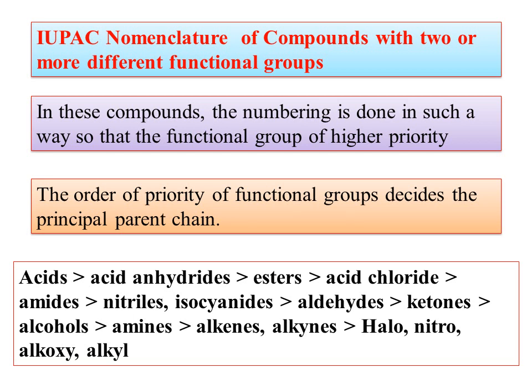Like that, here the order of priority will be acid, acid anhydrides, esters, acid chloride, amides, nitriles, isocyanides, aldehydes, ketones, alcohols, amines, alkenes, alkynes, halo, nitro, alkoxy, alkyl. This is the order of priority. So if you have a compound having 2 functional groups, one is an acid, other one is an ester,